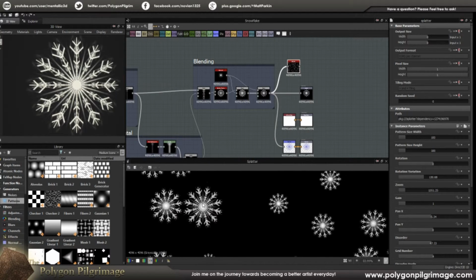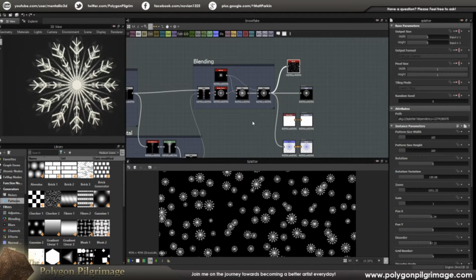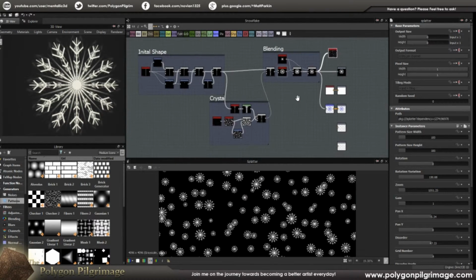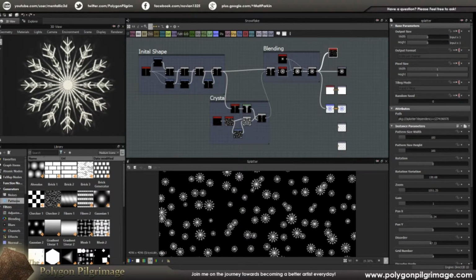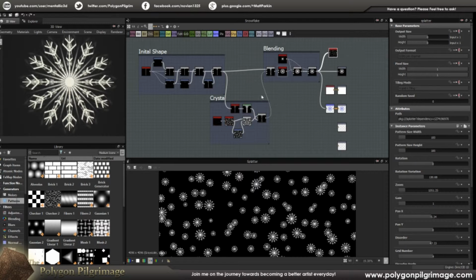Now I want a way to throw this into a pattern generator. We could have multiple variants of this and maybe randomize some of these values and then have different initial shapes you could throw at it, and then you could really have some really effective snowflakes. But just, since it was the holiday season, I figured let's go ahead and play around with it, see what we can create. And of course I did have to go to a pretty high resolution here to get all these fine details,